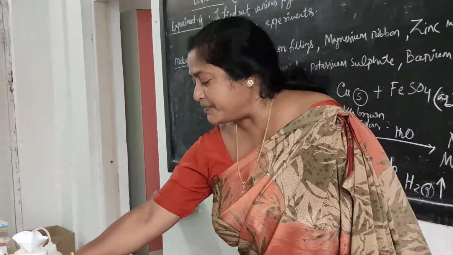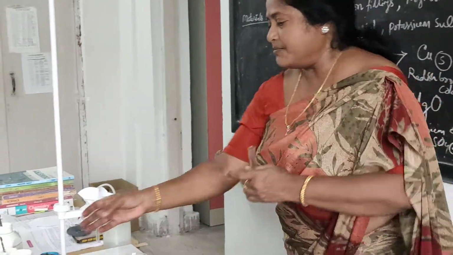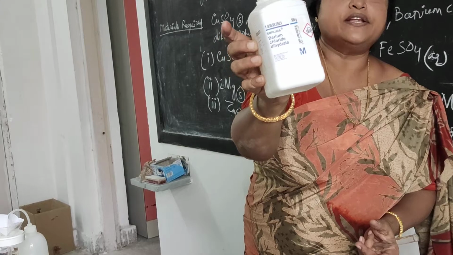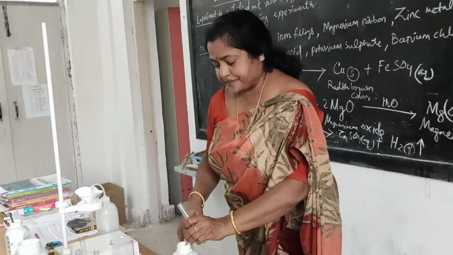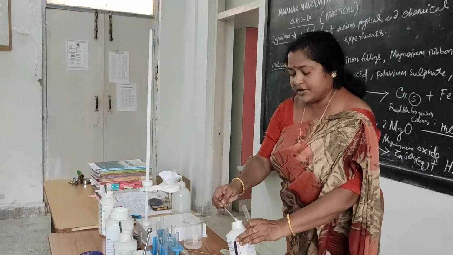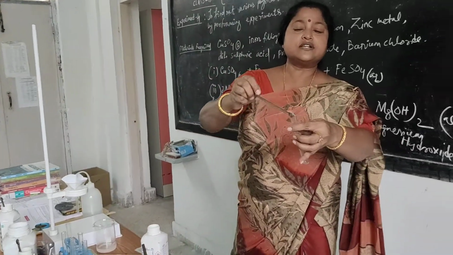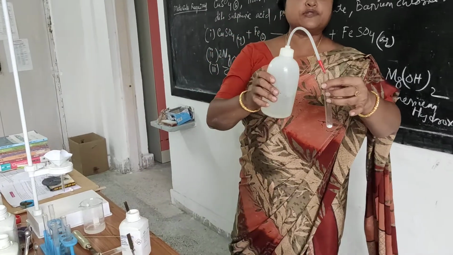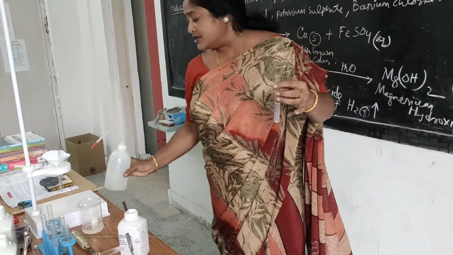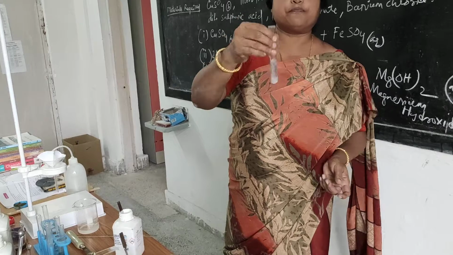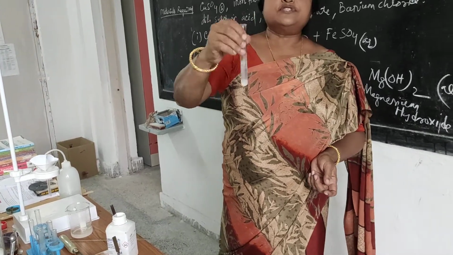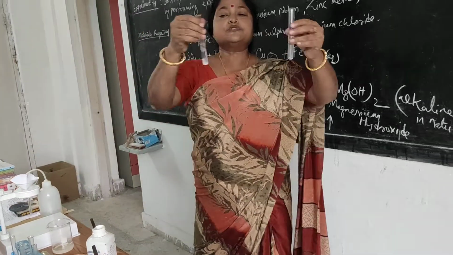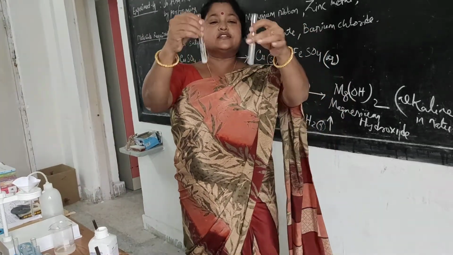It is a sodium sulfate solution. Then I have taken some barium chloride. It is your barium chloride. So now I am adding a little bit of barium chloride solution. You see, all the salts are white and solid. So don't confuse yourself. Always put your spatula and label in a proper way so that everything should not be messed up. You know, this is your barium chloride solution. Just now I have made sodium sulfate solution and it is a barium chloride solution.